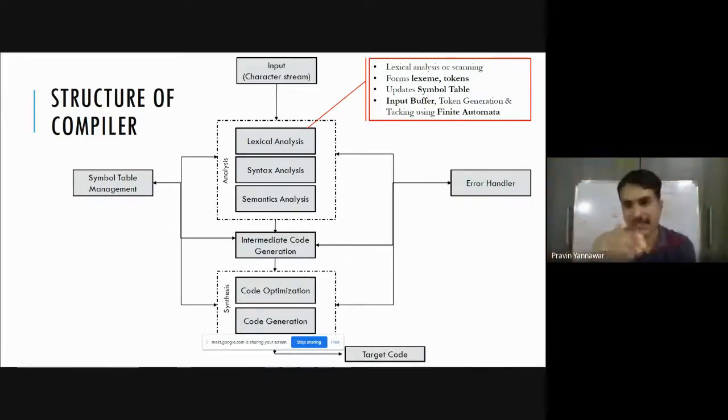So in every stage of translation, the analysis part, intermediate code generation part, and synthesis part, error handling is being done. So the purpose of the error handler is this only.